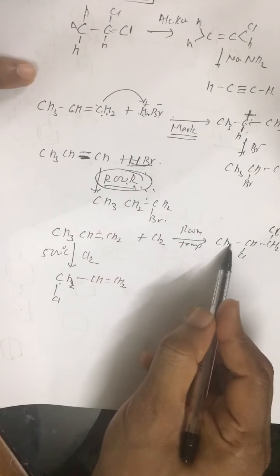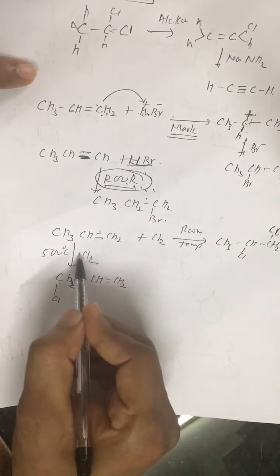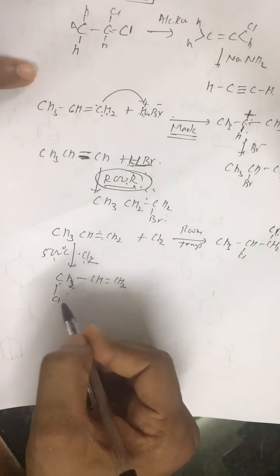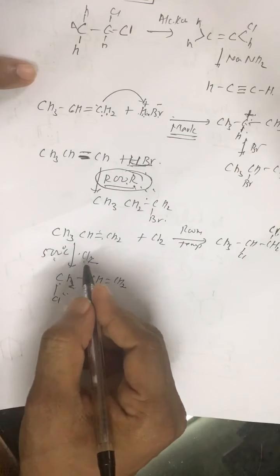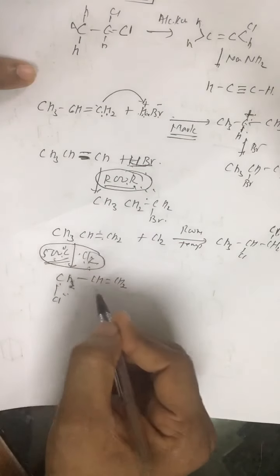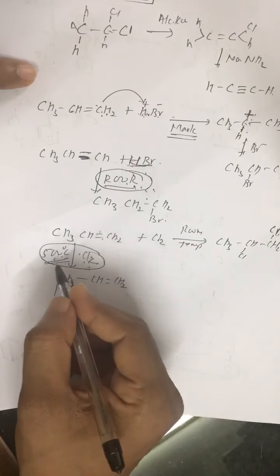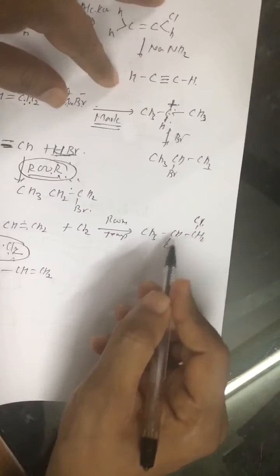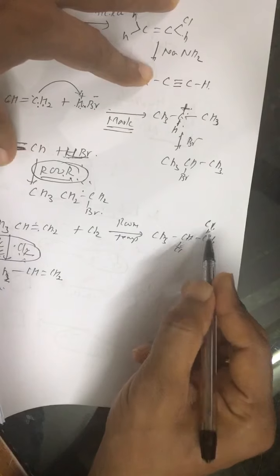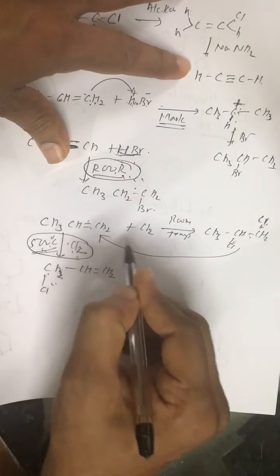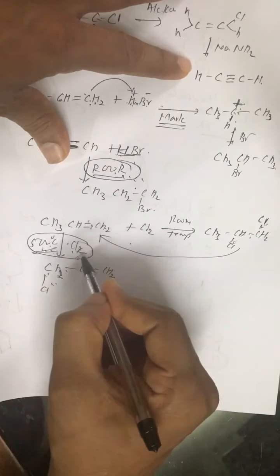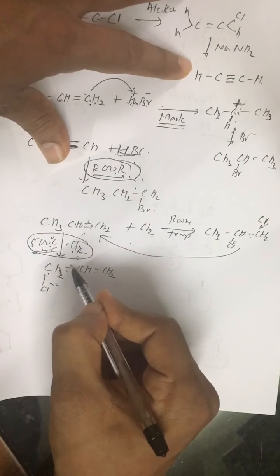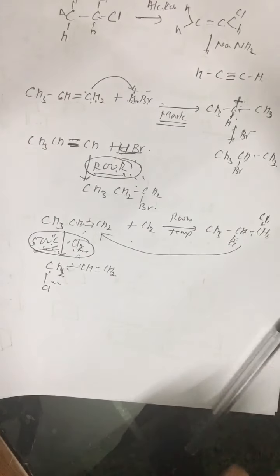Chlorination at room temperature is electrophilic addition. Whereas chlorination at a very high temperature becomes a free radical substitution. Obviously, this high heat is the condition for the formation of free radicals. Even if we get 1,2-dichloropropane due to high temperature, it becomes unstable and reverts back to propene. And then, since Cl free radical is formed at a very high temperature, propene will show free radical substitution. Alright, so these kinds of reactions are important.